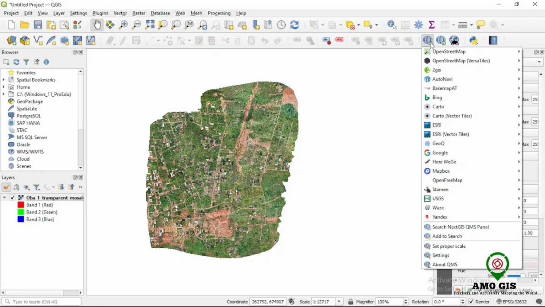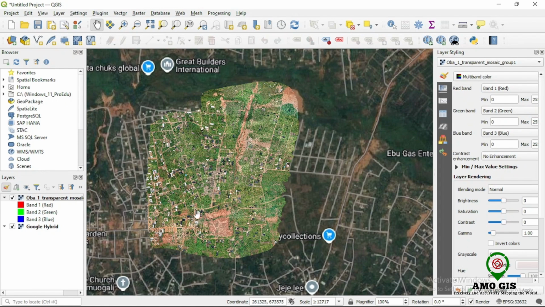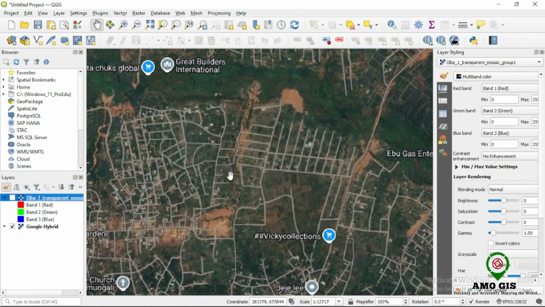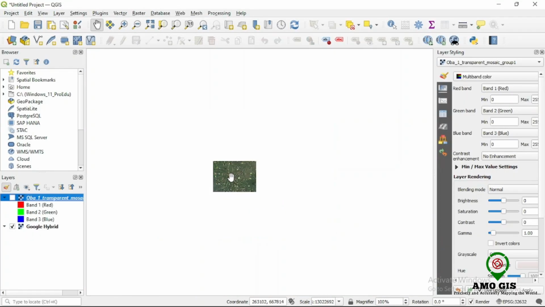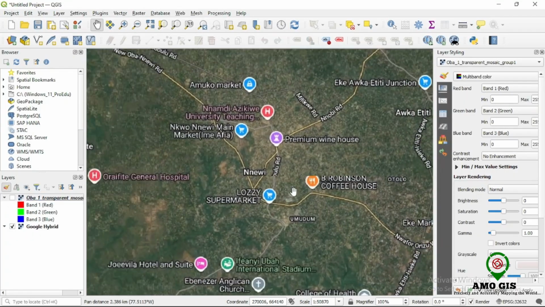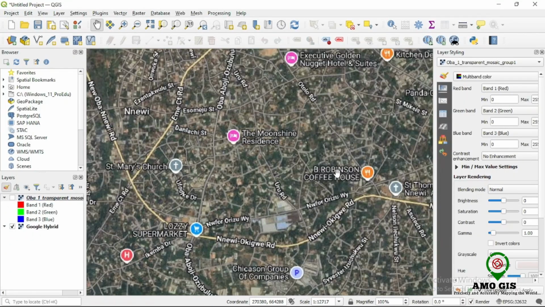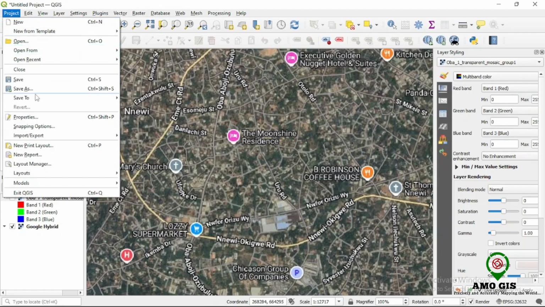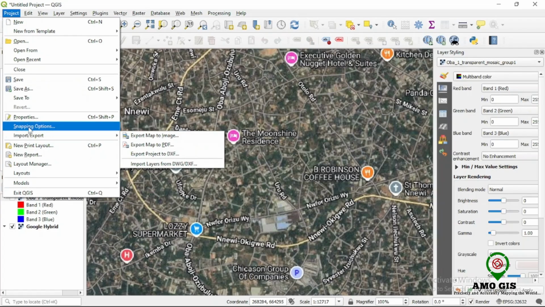If you want to add your maps, any map you want to add, there are different types of maps here. There is Google Hybrid. I've added it. Now this is my Google Hybrid for the whole world. It will show any location you want to work in. So now for you to change the coordinate reference system for this, maybe you're not working with WGS, you want to work with anything you want to work on, come to project, open properties,